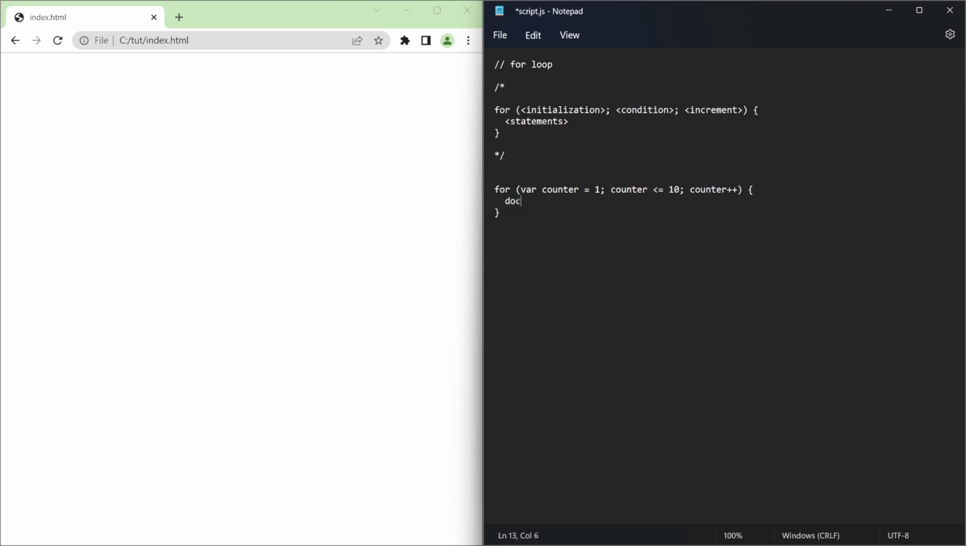and I just want to do a document.writeln to print to the screen. And what I want to print to the screen is the value of counter. So counter is a variable, and we can actually just print out the value to the screen. And you can have as many lines of code here as you want, but I'm just using one for now. All right, so document.writeln(counter). I should save that, and when I refresh,